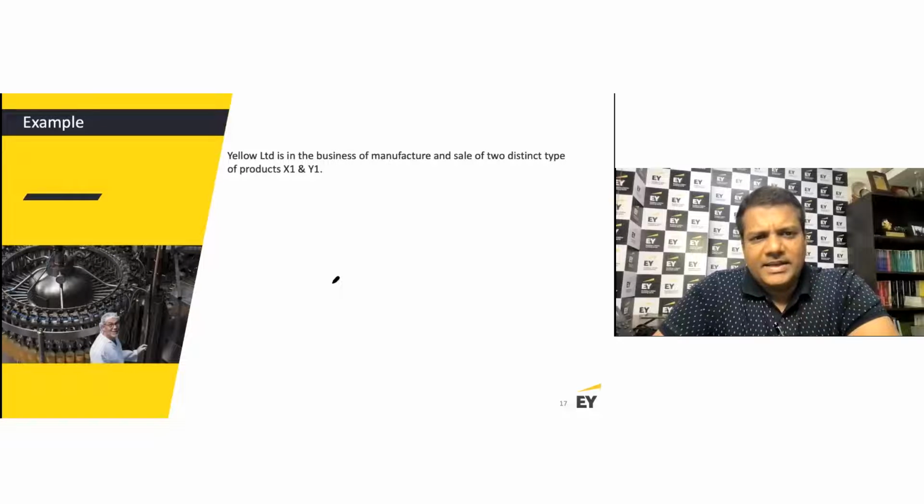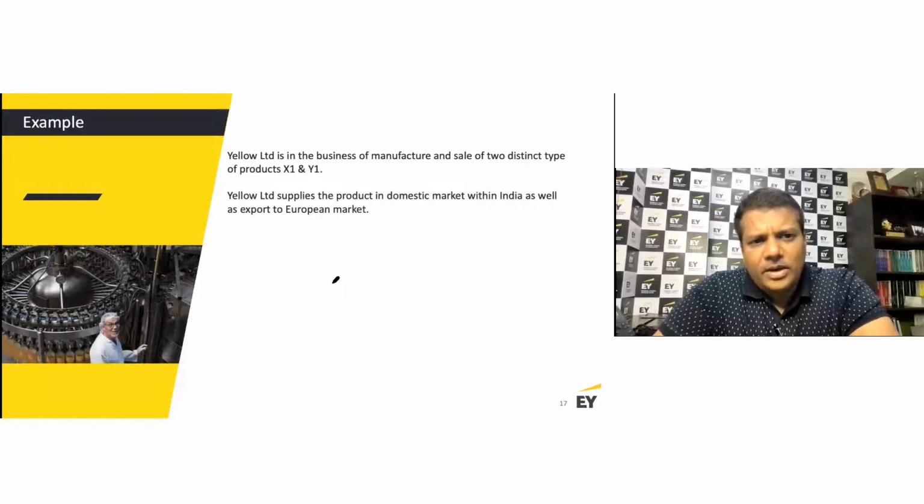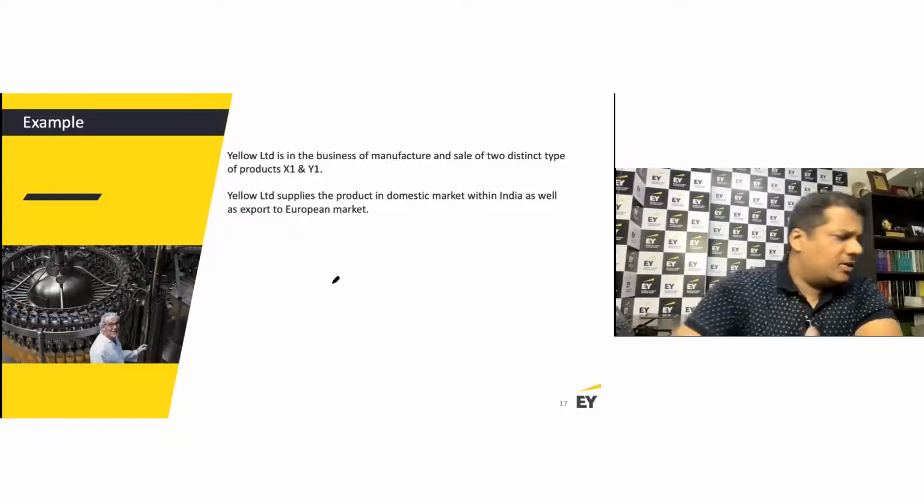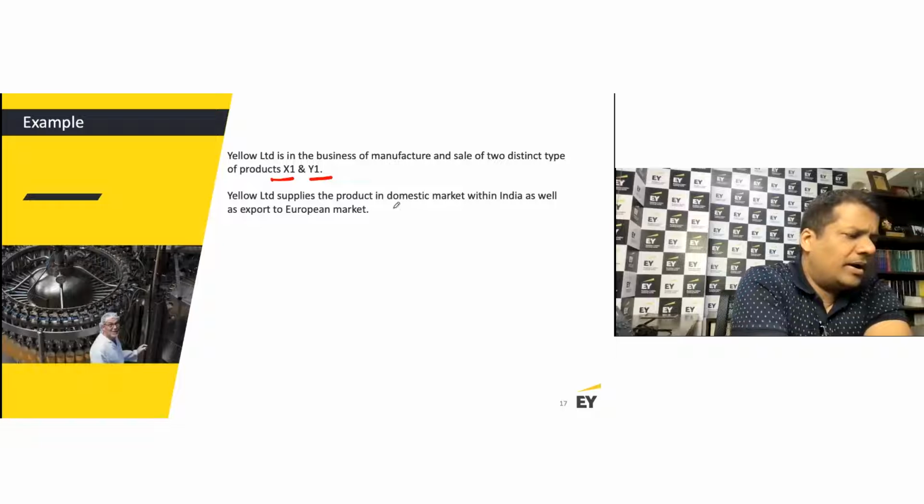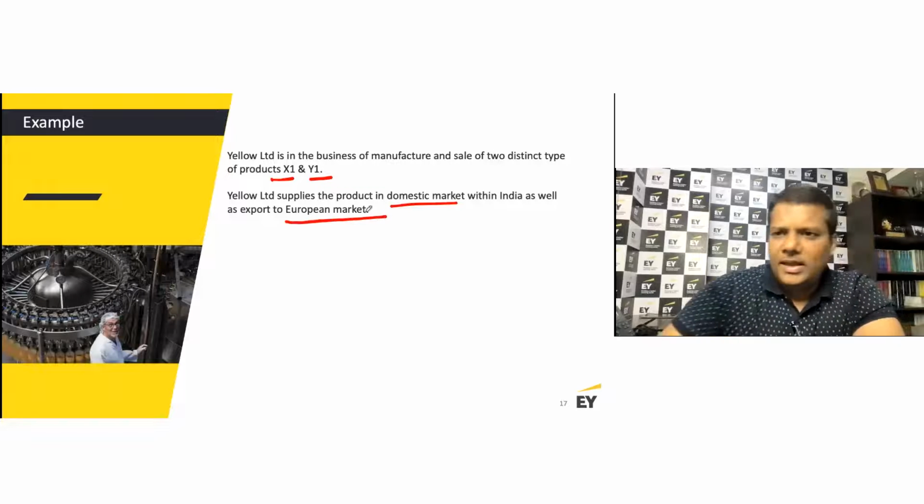Yellow Limited is in the business of manufacture and sale of two distinct types of product, X1 and Y1. Yellow Limited supplies the product in the domestic market within India as well as exports to the European market. There are two types of product, X1 and Y1, and I'm doing domestic and I'm doing European, which is